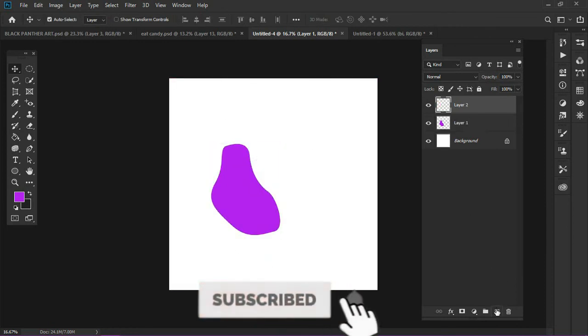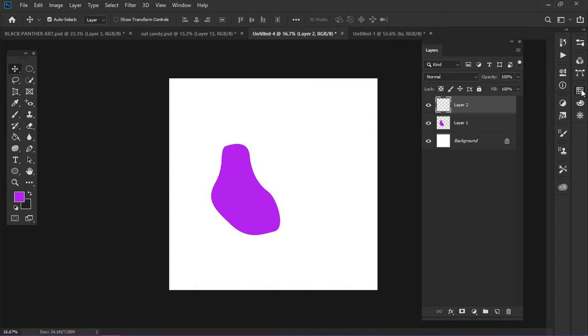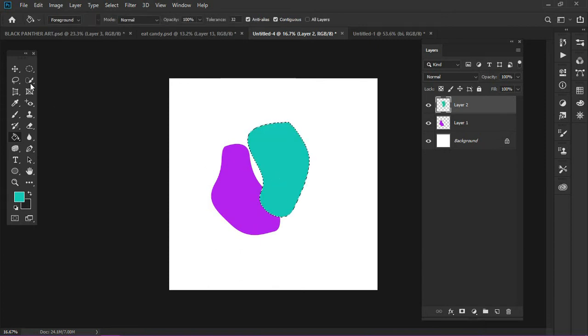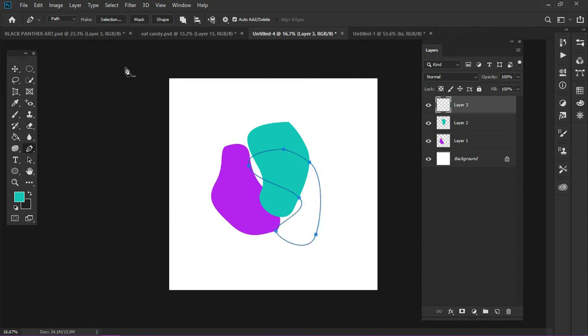Now I'll create another layer, change the color, create something else. I'll fill that one in, and now create my last layer, and then I'll probably just do something like this, and then